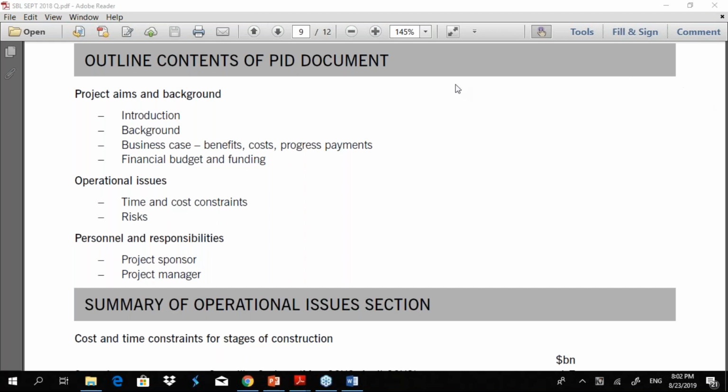Basically, we need 14 words. Does the format of the report carry marks? Of course, format carries marks.